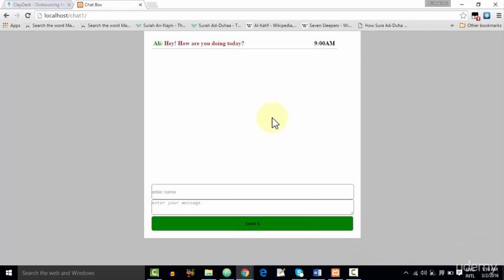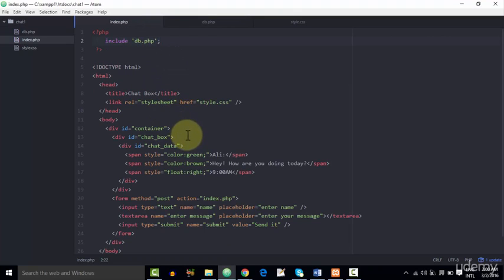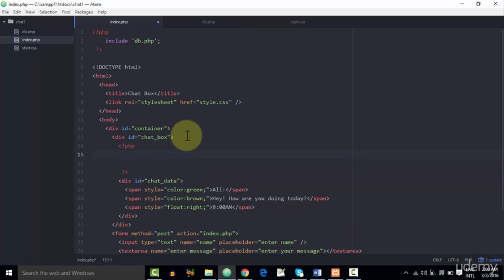Now the next step is to run a query in our index.php file. So we need to go back to our Atom editor, index.php, and under the chat box div we need to run a query, but first we need to open up our PHP tags, go ahead and close them as well, and now we will run a query statement which is equal to select all from